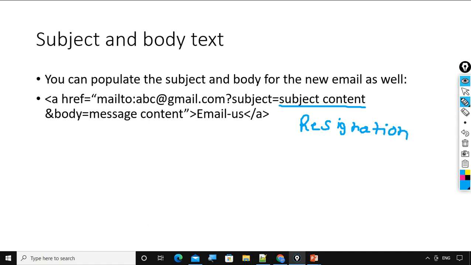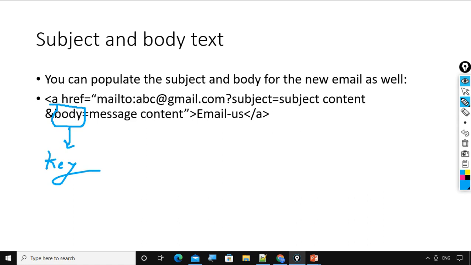Okay, so anything I can write in subject as per my requirement. Now what is our another key value pair? Another key value pair is about content of the email. So we have a ready-made key for content of the email. What is that? We have body, this is our key, and then we have value of this key. What will be the value of this key? Content, actual content of the email.